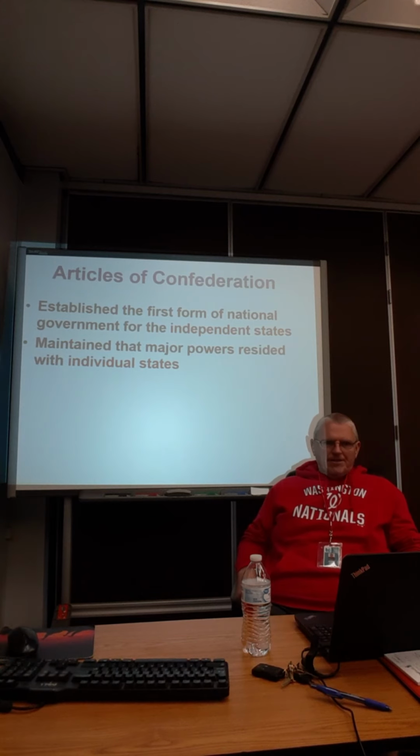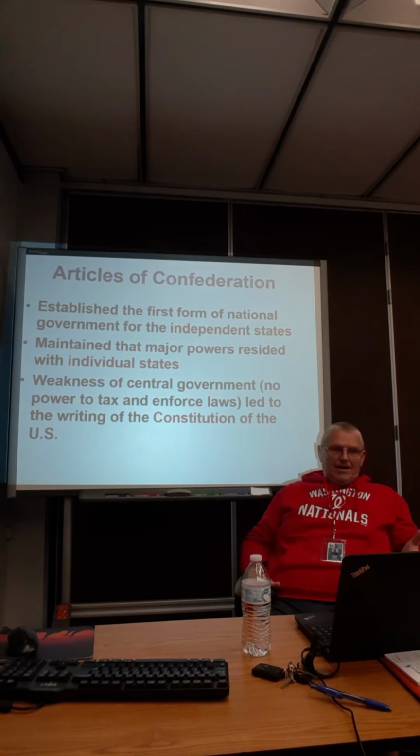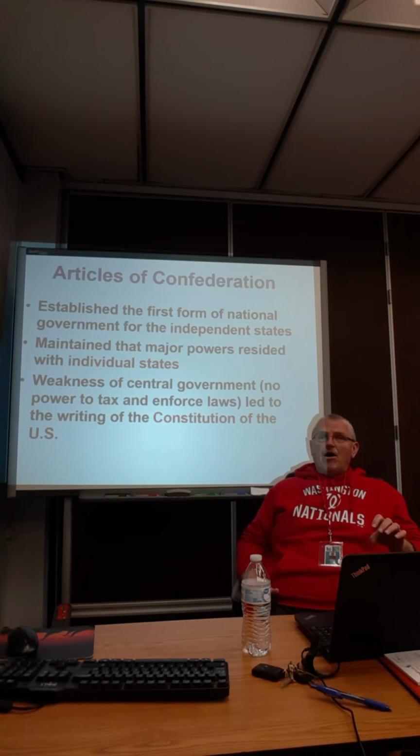Okay, so each state had its own power. Weaknesses of the central government: no power to tax. All right, and of course, where does government get their money from? Taxes. The federal government was weak. They couldn't enforce laws. They could make laws, but they couldn't enforce them. This led to the writing of the U.S. Constitution. Now, there was no president,